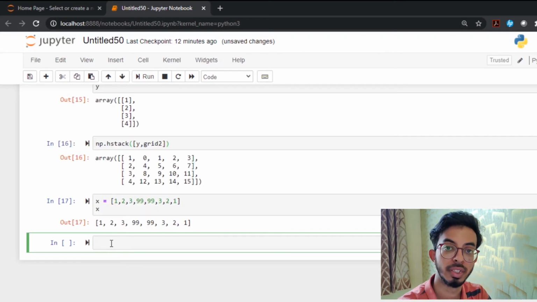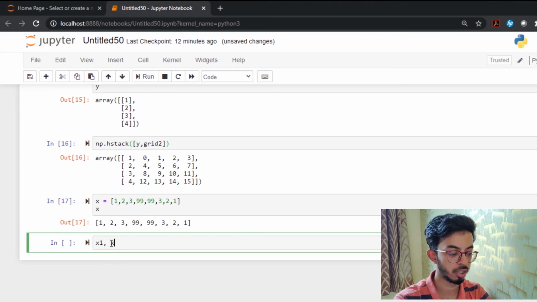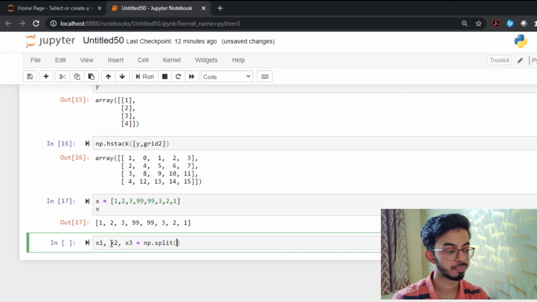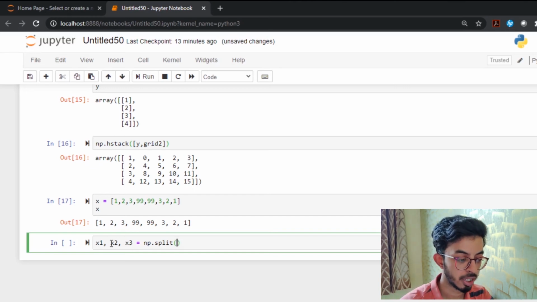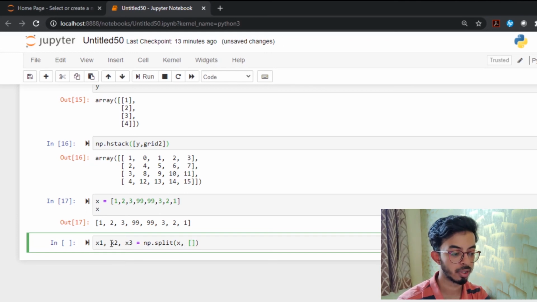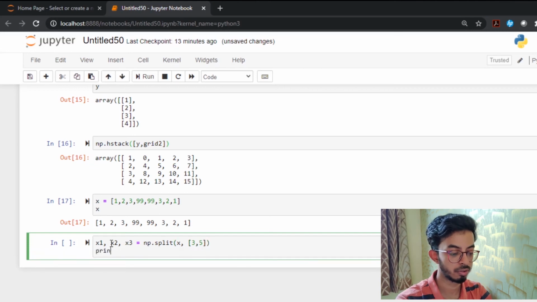If you want to split this into 3 arrays, let's just give the variable names x1, x2, x3 equals the function called split, and you need to give what array we are splitting. So we are splitting x, so you also have to give the splitting points. The first split would take place at 3 and the second split would take place at 5. Okay, let's just print those.